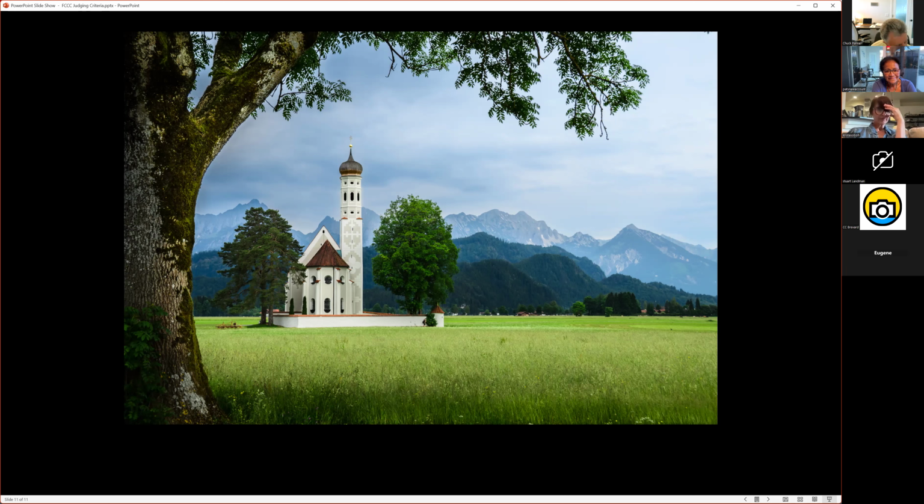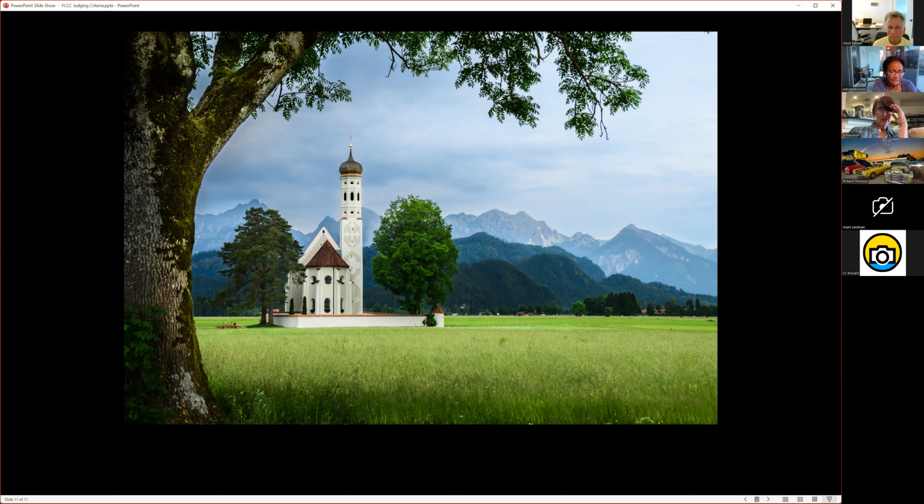Well, let's go through the criteria. That's what we're here for. Overall impact, what do you think? It tells a story. And the composition of elements: there's a clear subject, that's for sure. You've got a tremendous amount of 3D in there, foreground, middle ground, and background, mountains. Extraordinary lighting. It makes a lot of shadow. Got great shadow detail.